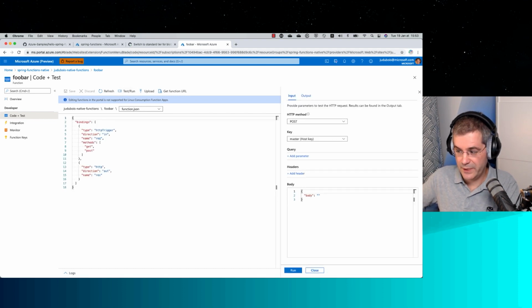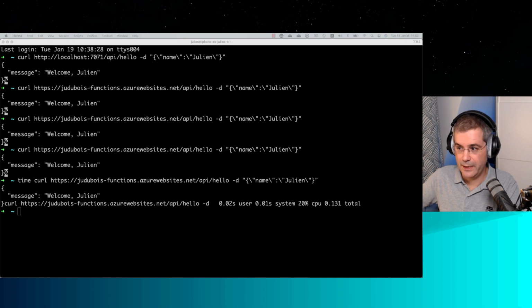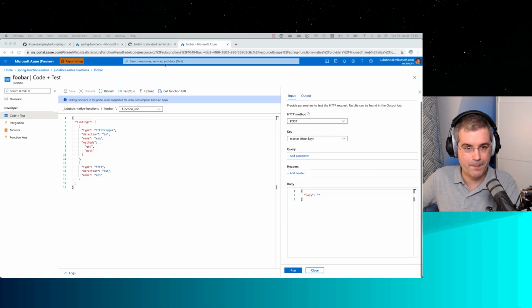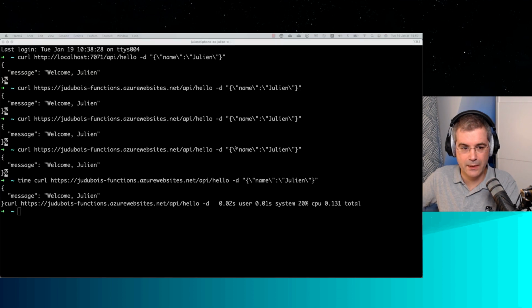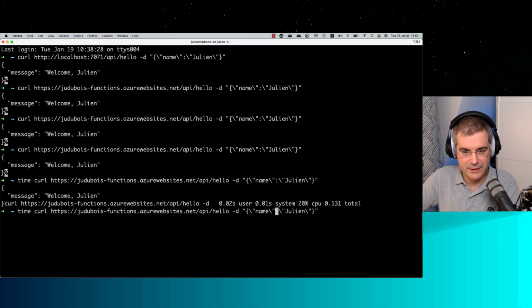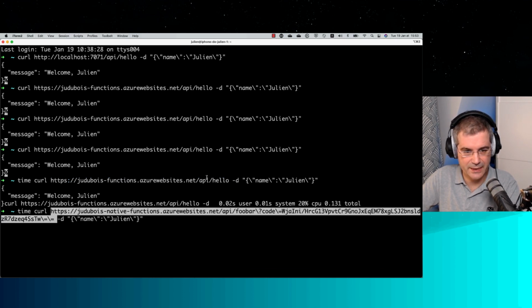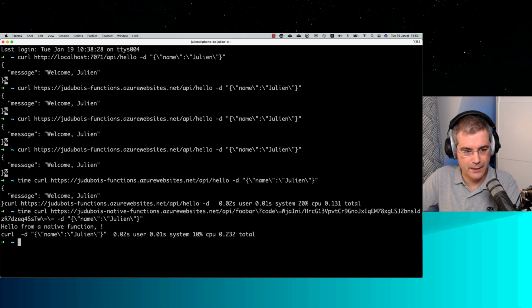Let me do it on the command line again. Let me get the function URL, and this time I will keep the curl time command, so we see how much time this is taking. And it was immediate, so this time it was extremely fast.